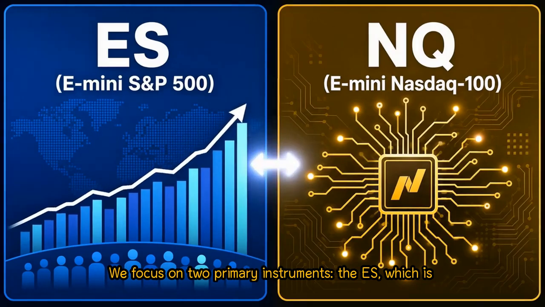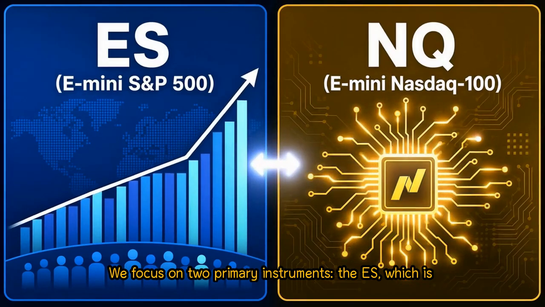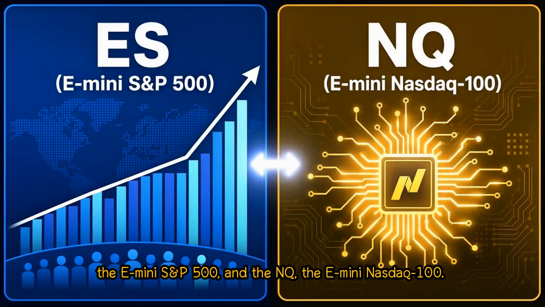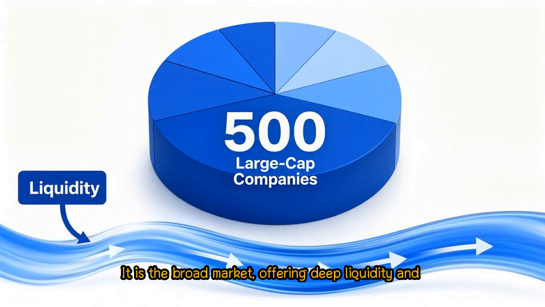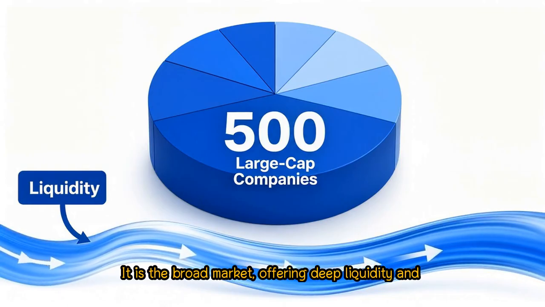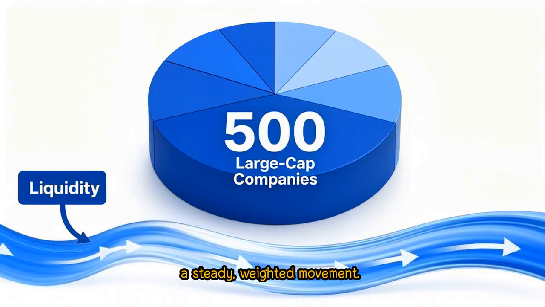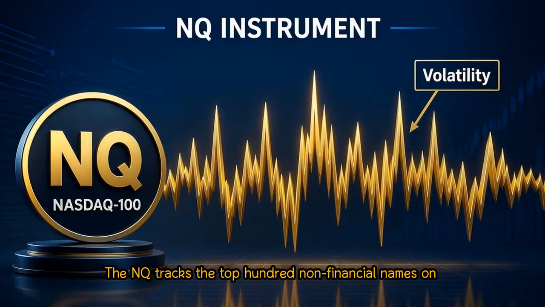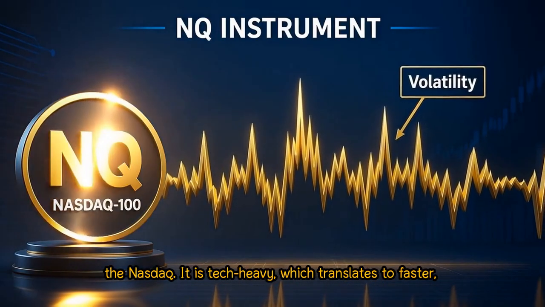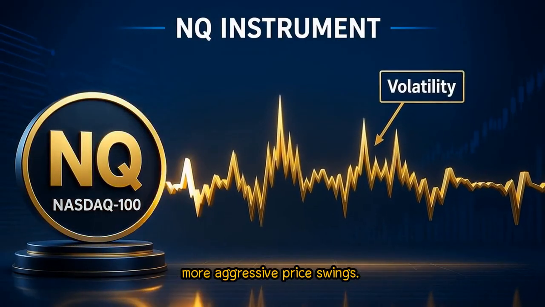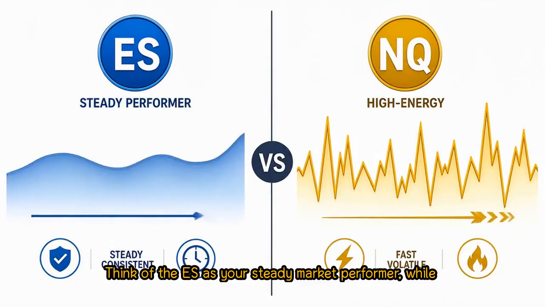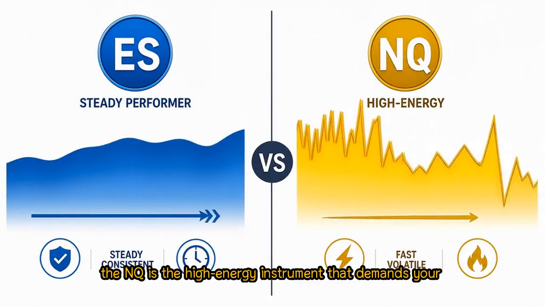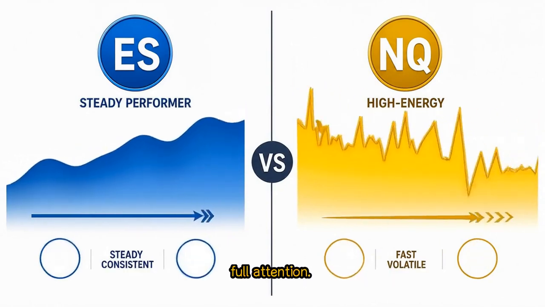We focus on two primary instruments, the ES, which is the E-mini S&P 500, and the NQ, the E-mini NASDAQ 100. The ES tracks 500 large-cap U.S. companies. It is the broad market, offering deep liquidity and a steady, weighted movement. The NQ tracks the top 100 non-financial names on the NASDAQ. It is tech-heavy, which translates to faster, more aggressive price swings. Think of the ES as your steady market performer, while the NQ is the high-energy instrument that demands your full